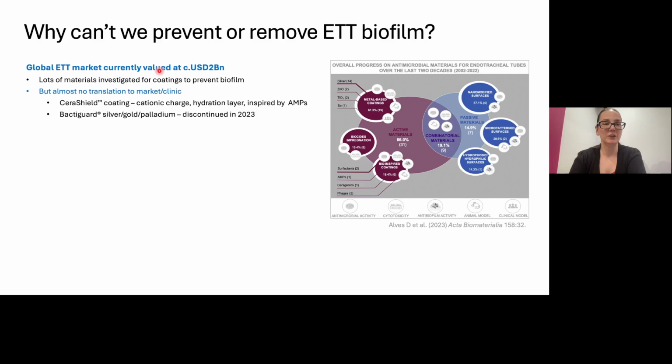So if you look at the global market of making these tracheal tubes, these plain PVC silicon coated tubes, it's massive. It's valued at $2 billion US. And given the scale of that, there's been a huge amount of lab-based research into developing different materials and coatings that could prevent VAP. And you'll see a lot of materials that are familiar from